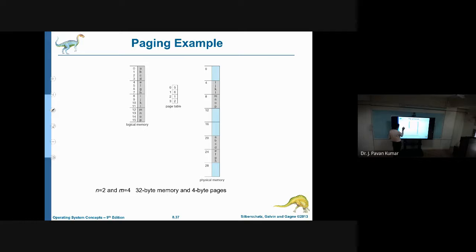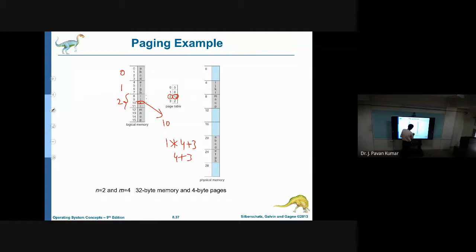Next, this also we have seen, like how we can calculate. Suppose we want to find out the physical address of K, that means 10 will be given. In which page is it? This is 0, 1, 2, so it is in the second page, which in the sense is the first frame. Each frame size is 4, so 1 into 4, and in this particular one 1, 2, 3, so plus 3. So what will we get?